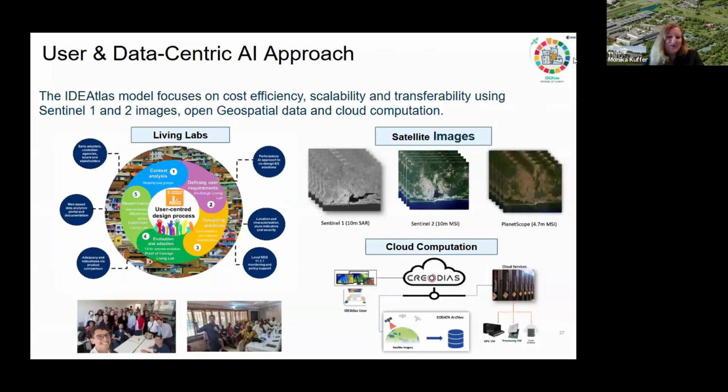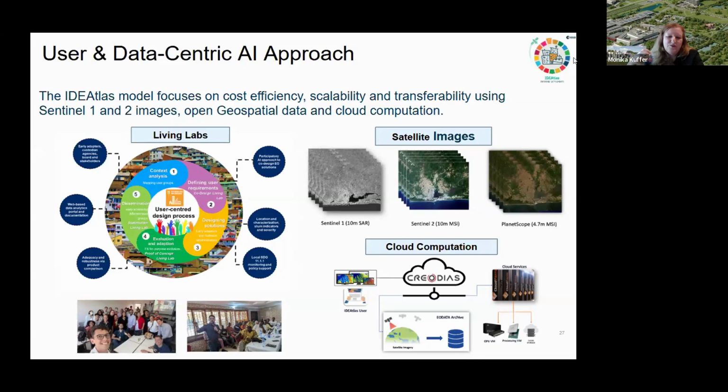Next, please. So what we are starting to do, we say, okay, what we want to produce is a cost-efficient approach, a scalable approach, and one which is transferable. Cost-efficient has to do with leaving this pathway of working with commercial, very high-resolution data. We often say, if you want to map a city like Nairobi with commercial datasets, like the type of images you see on Google Maps, they cost you roughly about $20 per square kilometer. Taking a city like Nairobi, which is about 1,000 square kilometers, you pay $20,000 for one image. That's not scalable.